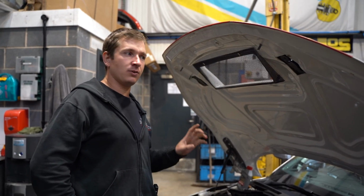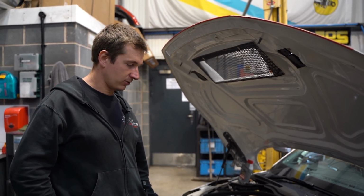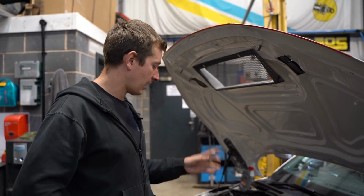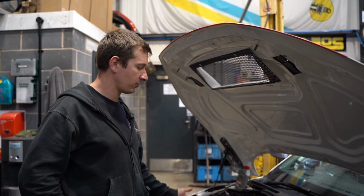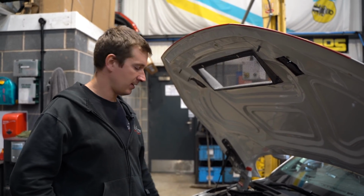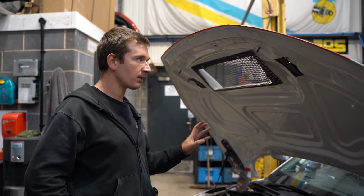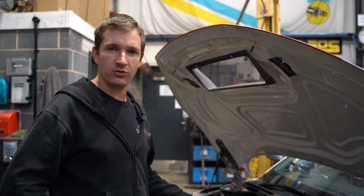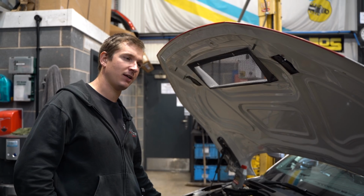So yeah, when we were looking at the TCR cars, we had a good pour over them and have a look, and they had no external DSG cooler, which I thought was odd, and no external oil cooler. The oil temps were getting up to like 130s, the water temps were like 110, and the charge temps were like 60s. So nothing too low, nothing too crazy. But we're getting 140 oil temps straight away, either way a cooler, but the oil cooler was at the back behind the radiator, so